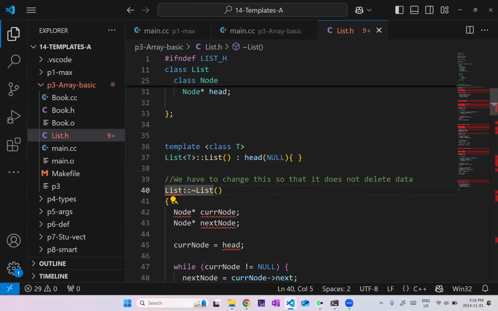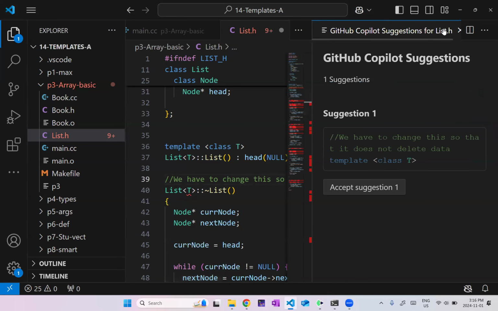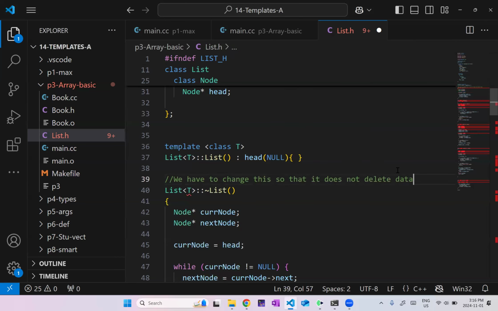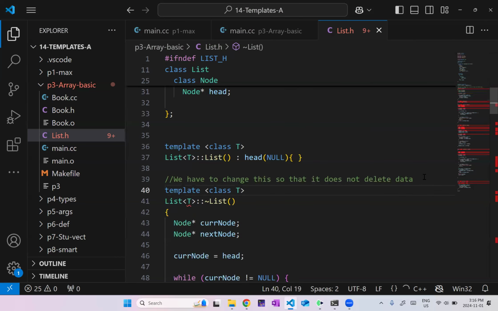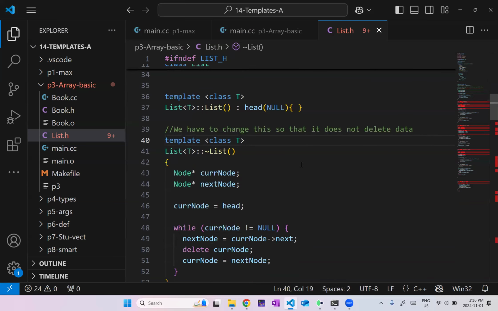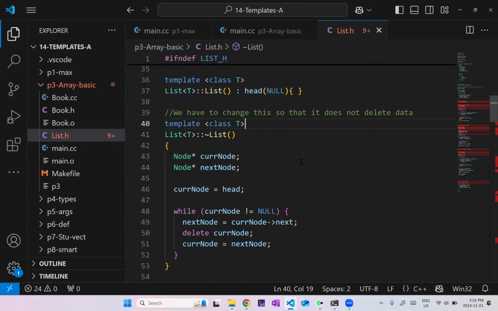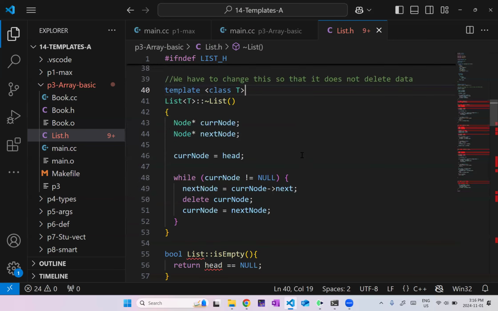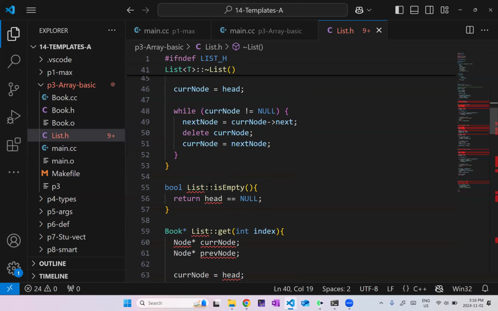So whenever I refer to list now, I have to use the angle brackets. And if I have to use the angle brackets, that also means I have to declare a type. And in this case, I want to declare that it's a template. And then very easy, the logic should all be the same, right? So again, I want this to work with book pointers. So I don't want to change any logic. I just want to replace every instance of book pointer with T. And if I do that,